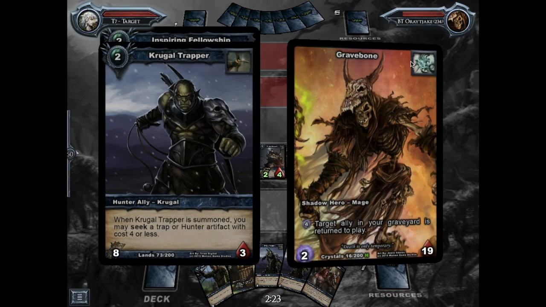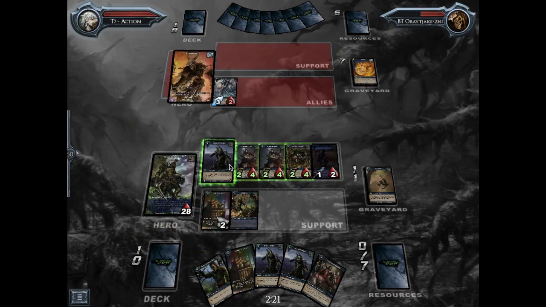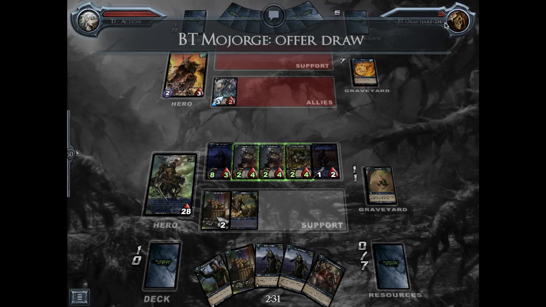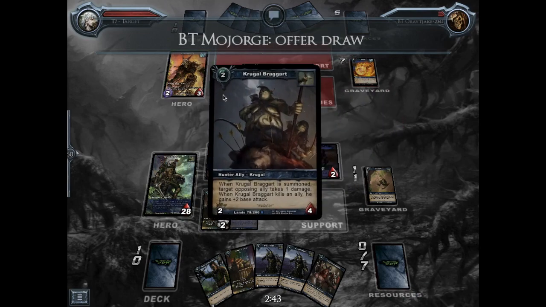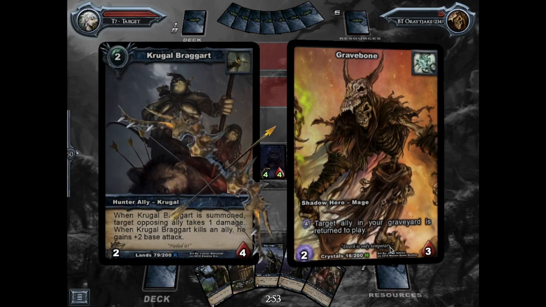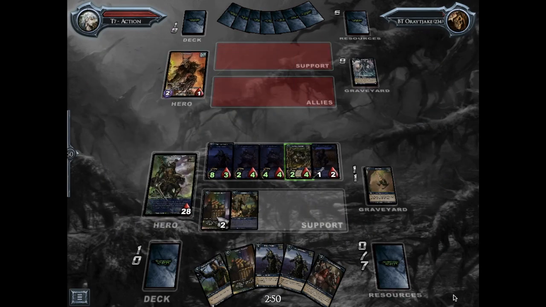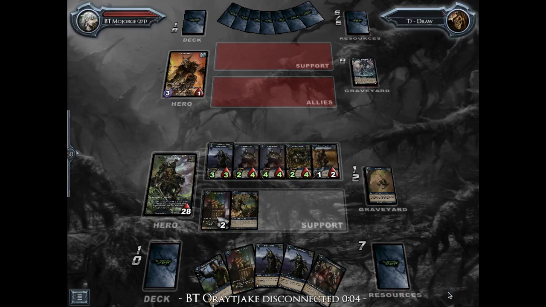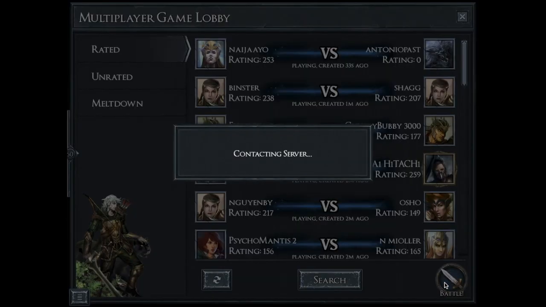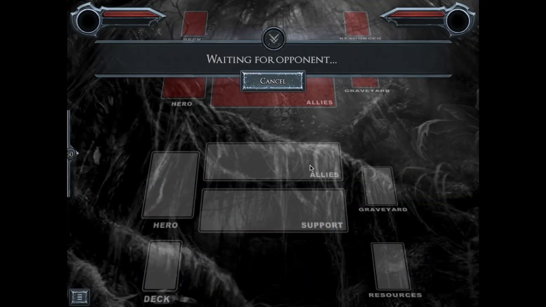And usually the policy against fellow guildmates is I offer a draw, so I'm going to do that. Nice. So hopefully that kind of showed off. That was probably a favorable matchup because that was against a mage, and mages oftentimes can't efficiently deal with ally spam decks